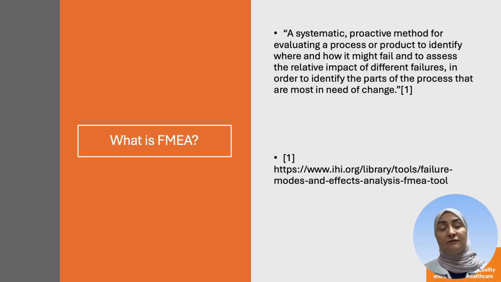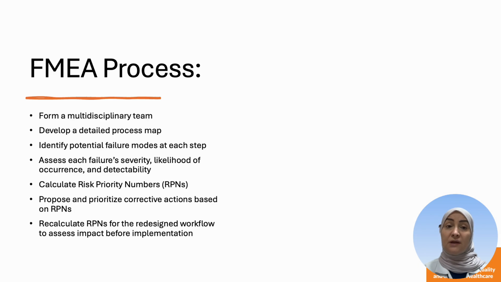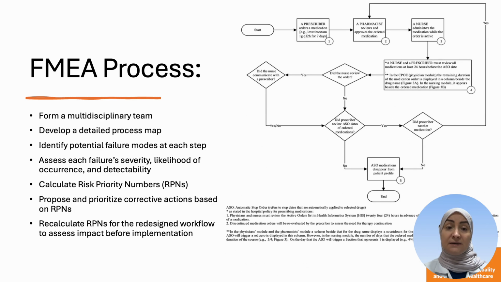So what is FMEA? As per IHI, it's a systematic proactive method for evaluating a process or product to identify where and how it might fail and to assess the relative impact of different failures in order to identify the parts of the process that are most in need of change. So as you can see in this slide,